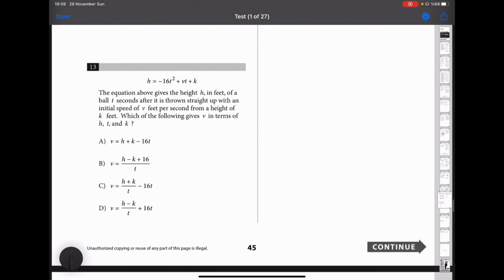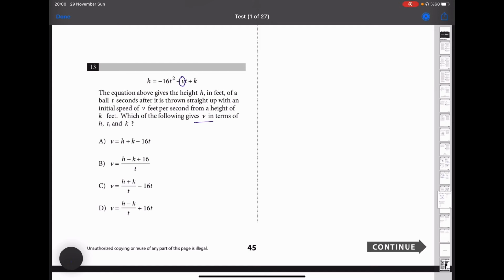Next question. The equation above gives the height h in feet of a ball t seconds after it's thrown straight up with an initial speed of v feet per second from a height of k feet. Which of the following gives v in terms of h, t, and k? So the problem wants us to find v. Okay,